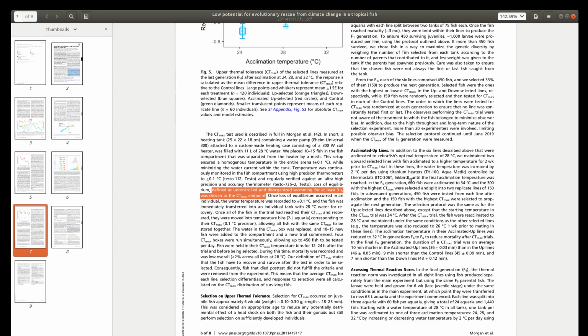And then they performed the same tolerance tests on the next generation, took out the highest thermal tolerance, the lowest thermal tolerance, and kept the control lines going. Mated those groups again for the next generation, did it all over again, and did this for 6 generations. So they had 3 lines. They had a control line with no selection, and they had an up selection line for thermal tolerance, and then they had a low selection line, a downward selection line for thermal tolerance. So they're artificially selecting for higher thermal tolerance and for lower thermal tolerance, and they had several lines within each of those 3 groups.